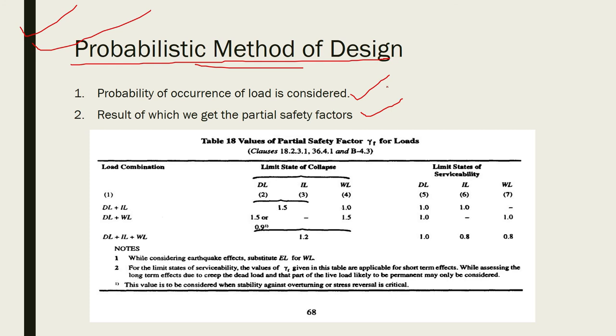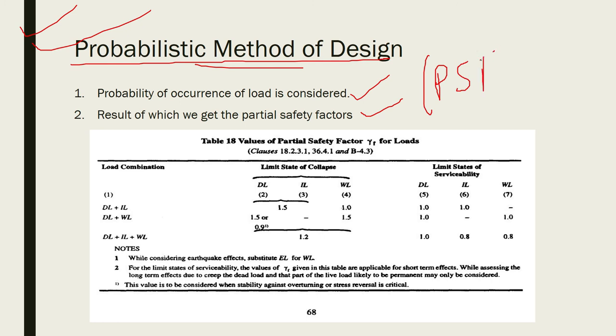Though you are making a particular grade of concrete, suppose M30, there is a possibility of 5% that the strength is going to be less than this characteristic strength. So considering all these things, we have partial safety factors,